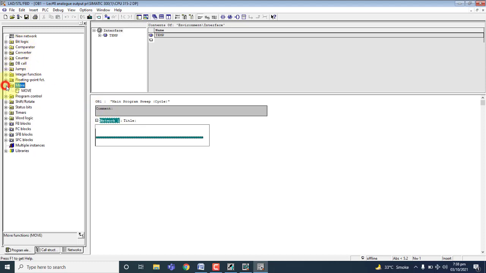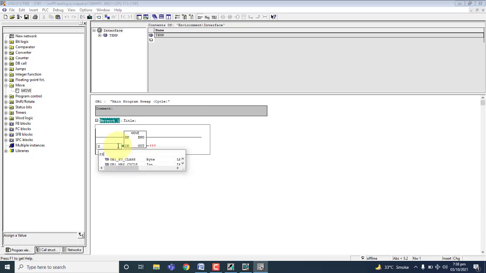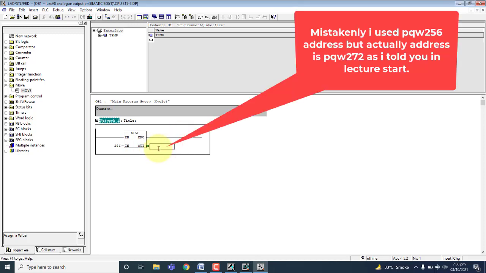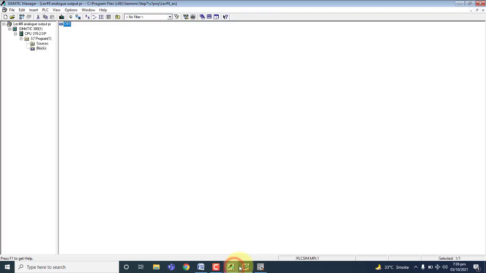You can use the move command, simple, and select any value as your logic, 256, and PQW 256. Okay, and start a simulation.